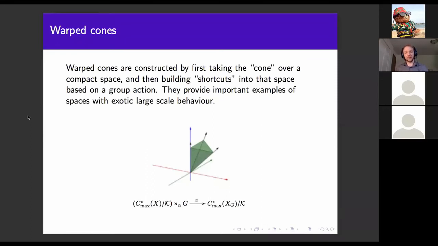You start with a space of your favorite kind, and it mustn't be too big, sort of a small space. So maybe like a donut, which is called a torus in mathematics, or you can take a sphere, maybe some complex, a bunch of polygons together. And then you want to blow it up. So what you do is you stick it in some high-dimensional space, maybe a 3-dimensional space, and you take all the lines through it. So you can see what's happened here, that the green triangle is going to be blown up into this triangular cone, and that's what we call a metric cone. That's your first step, okay?